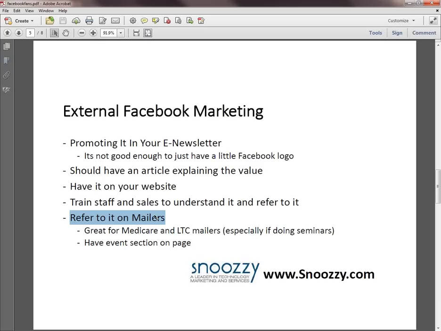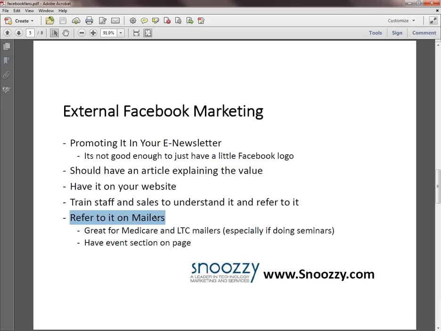Obviously, it's good because they go viral, but I've seen a lot of people that are sending out the postcards, and mailers have become, they're not what they once were. So it's something out of the box, something different, rather than saying, like, call us for more information. They're saying, hey, go to facebook.com/Medicare specialists and take a look at our Facebook page. We got a list of upcoming seminars you can register for.